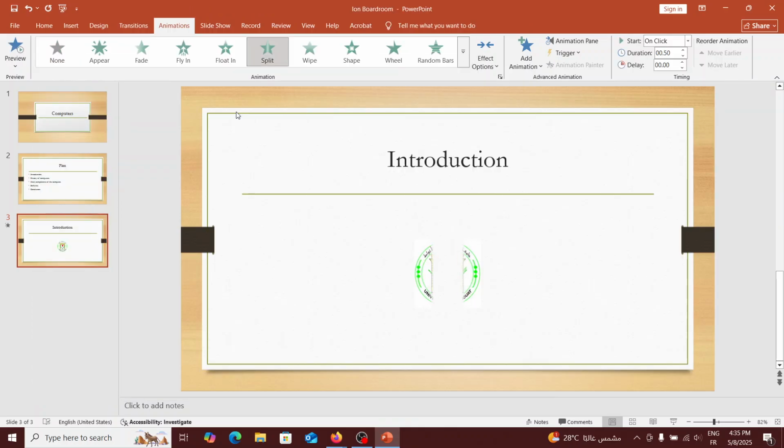Let's try the split animation. Notice when you use an animation, it gives you a preview. This split animation is selected. If we want to change it, we just select the type of animation we want. For example, I quite like this wheel animation type. Here we have a one next to the picture, meaning an animation is applied to this picture, and it is the first animation